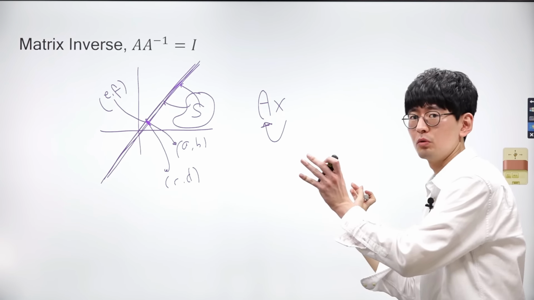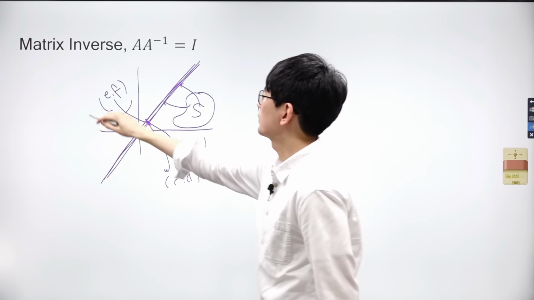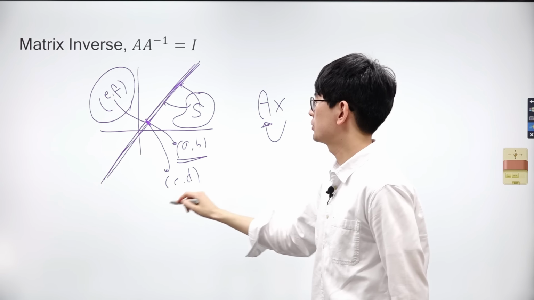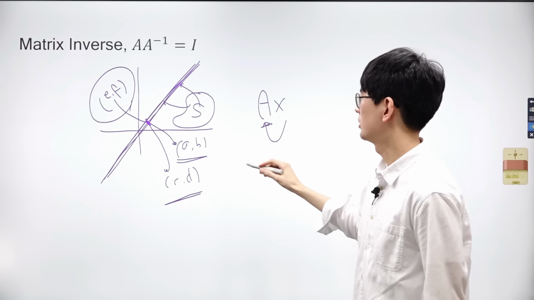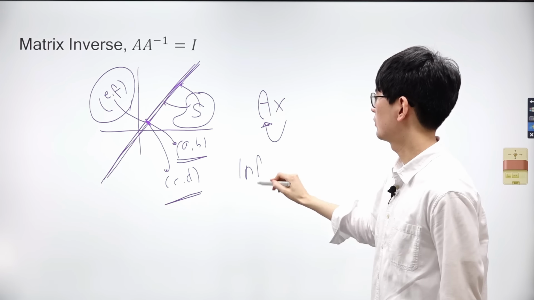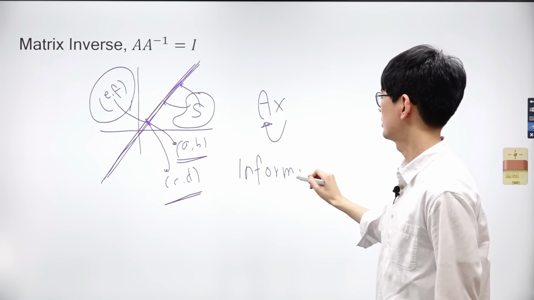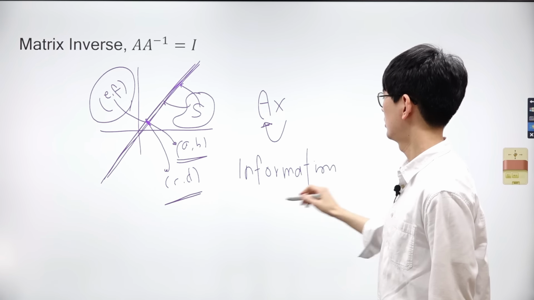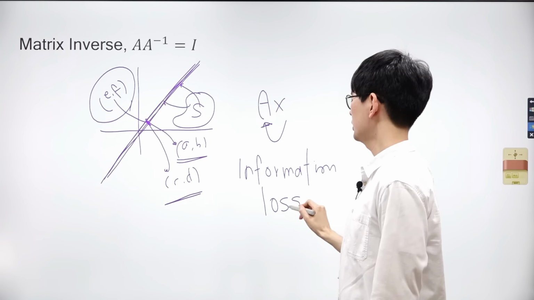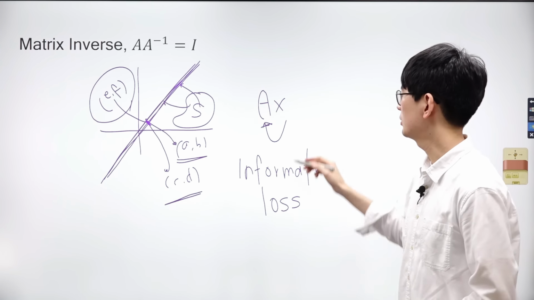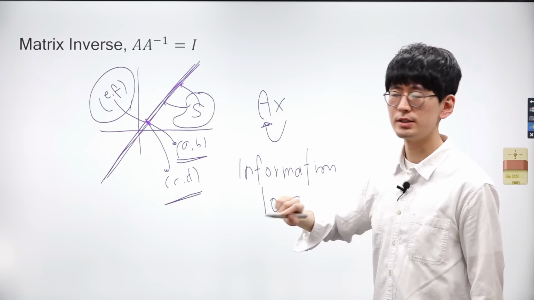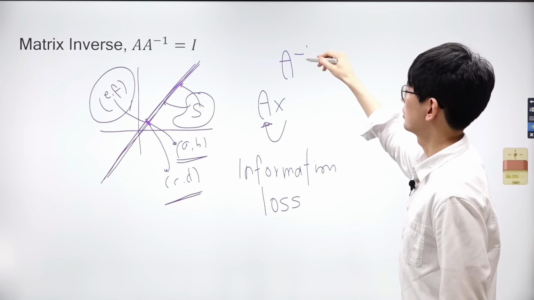However, to restore the transformed space back to the original space, we lose track of where the original coordinates E, F came from. This loss of information is referred to as information loss. Because of this information loss, we cannot restore the space back to its original space. Consequently, in this case, the inverse of matrix A does not exist.